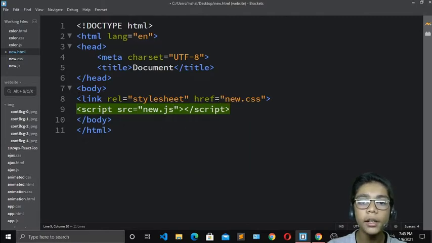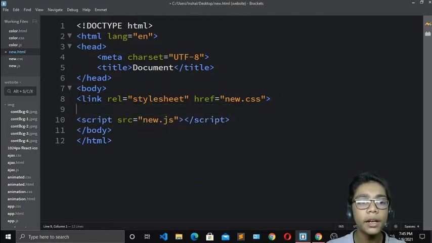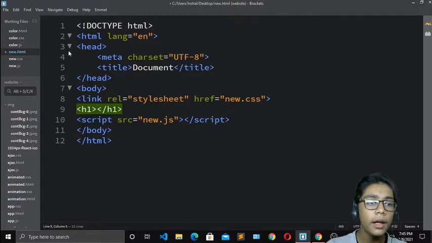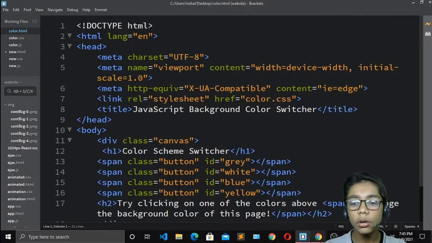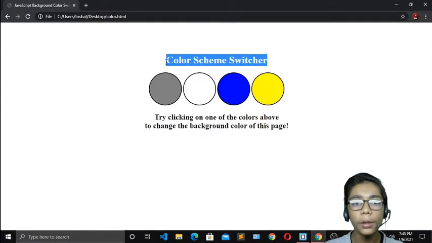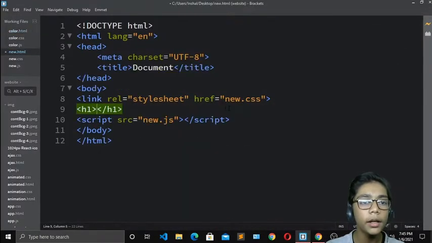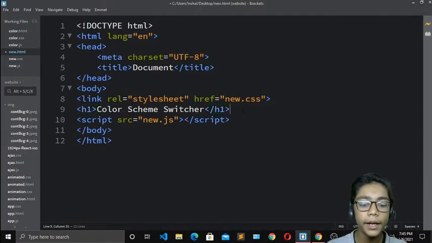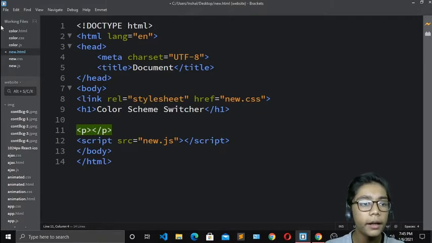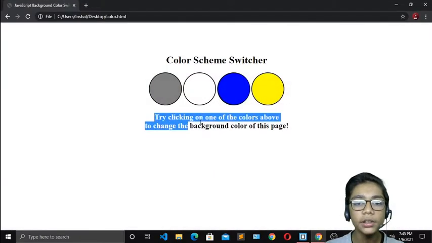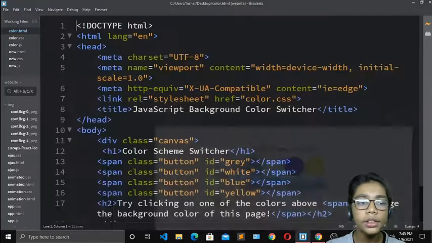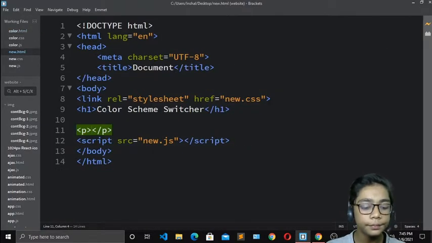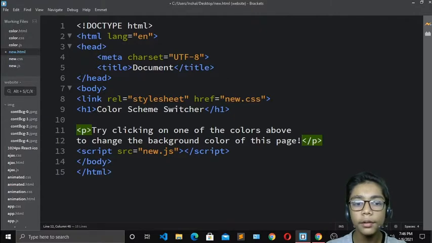Now when you have done that, I will come underneath my link tag and define all the code as I have been telling you. First of all, you have to create the code. I will go to my Google Chrome again and copy this, come over here, paste that, and write a p tag. Underneath that, write a closing p tag and hit save. Then go to Google Chrome again and copy this code, minimize that, go to new.html, and paste all these things.